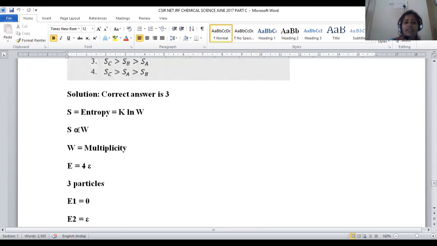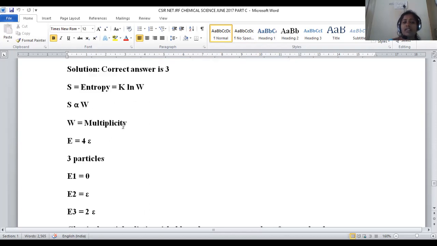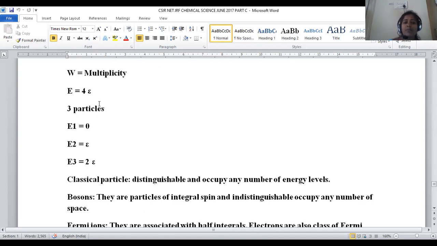In order to get this, we have the formula for entropy. Entropy is denoted with S. S stands for the measure of randomness provided by the given set of molecules. Okay, measure of randomness is called entropy. That is given by the formula K into ln W. Okay, so K is the constant. When we remove the constant, S is directly proportional to ln W. W stands for multiplicity. In how many ways we can represent the given set of molecules is called its multiplicity. And within the problem, they provided that E is equal to 4 epsilon.